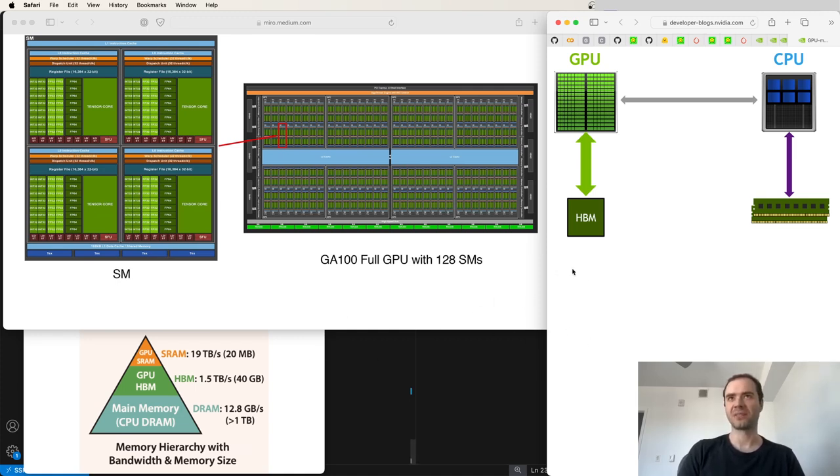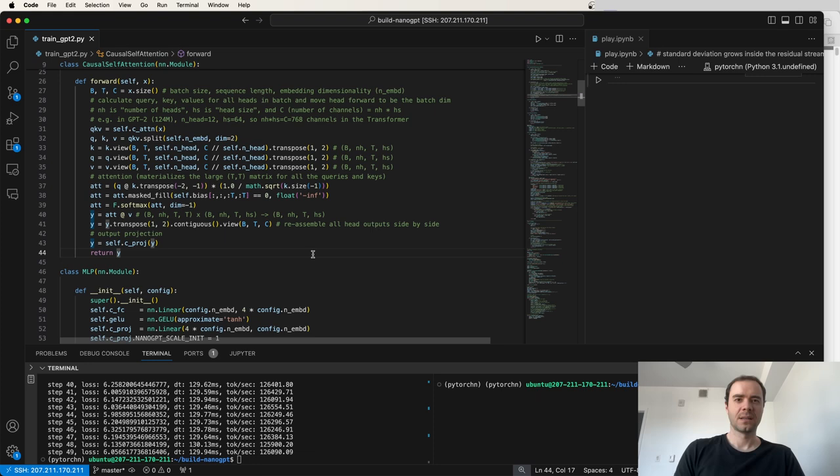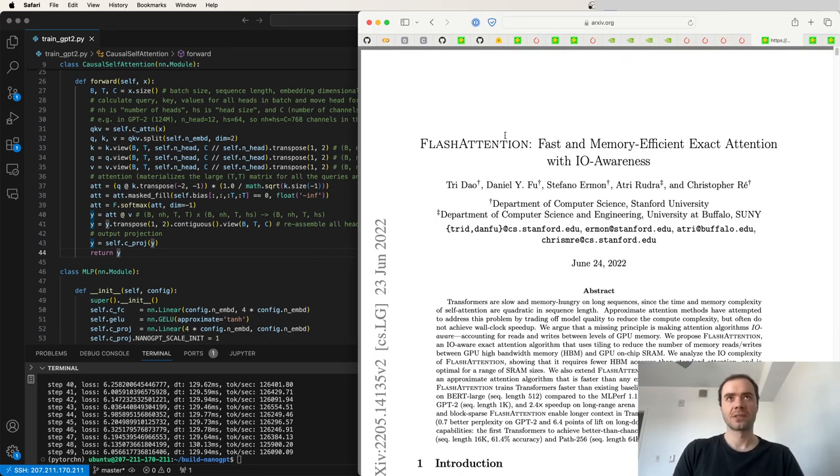So again, just a very brief intro to the memory hierarchy and roughly what Torch Compile does for you. Now, Torch Compile is amazing, but there are operations that Torch Compile will not find. And an amazing example of that is flash attention, to which we turn next. So flash attention comes from